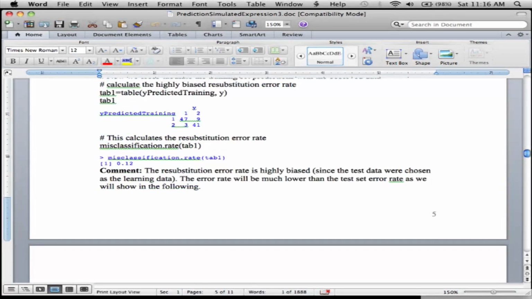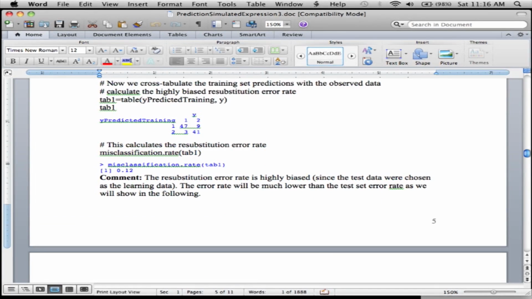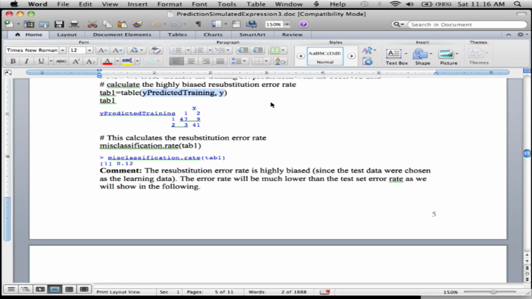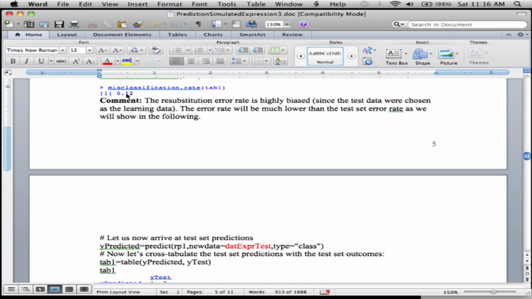And so then I can cross-tabulate the training set prediction with the observed outcome, and here's what I get. And so I misclassify 3 plus 9 subjects. And so when you calculate the proportion of misclassifications, it is 12%, which is overly optimistic because it's a training